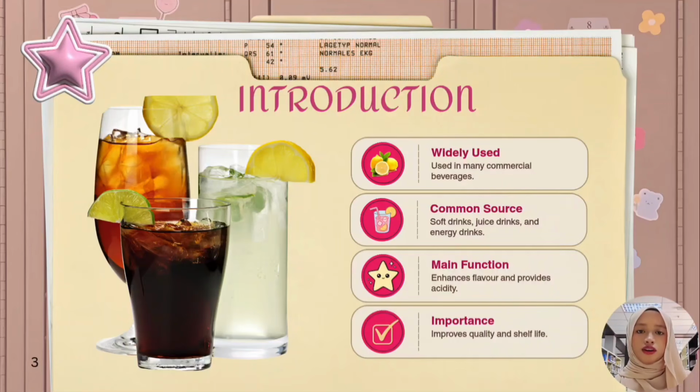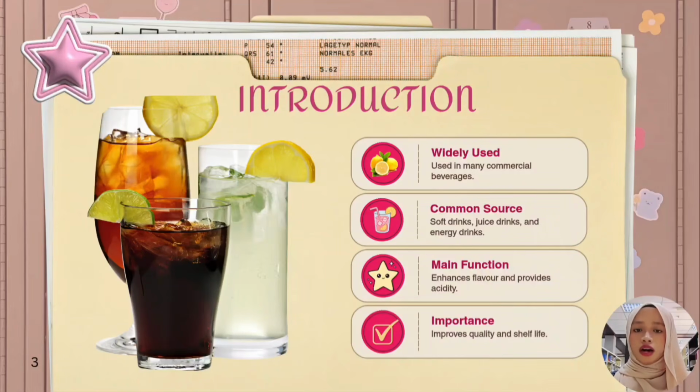Citric acid is one of the most common food additives used in commercial beverages. It can be found in many products such as soft drink, juice drink and energy drink. Citric acid is added not only to enhance the flavor of beverages but also to provide the desired acidity and to improve product stability. Since different manufacturers use different formulations, the concentration of citric acid may vary from one beverage